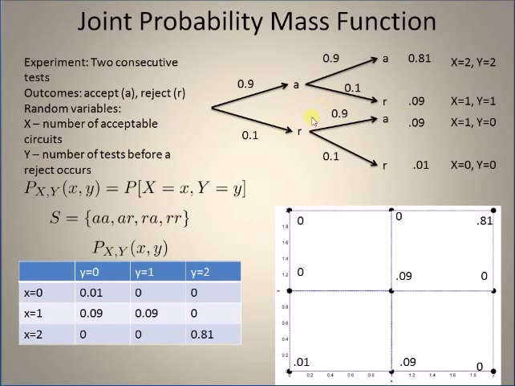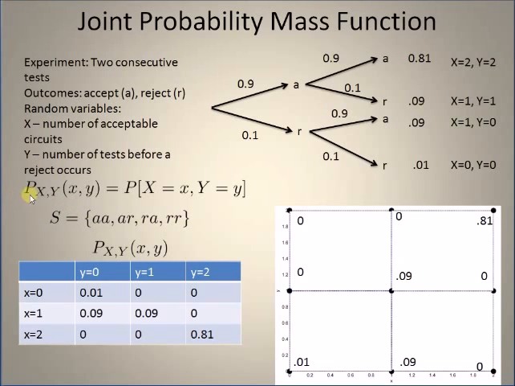So let us look at the tree diagram illustrating this experiment. In the first test, we have two possible outcomes, that is either accept or reject, and consider the probability of accept is 0.9 and the probability of reject will be obviously 1 minus 0.9, that is 0.1. In the second test, also we have two possible outcomes. Then the sample space consists of four possible outcomes. That is, we can have either accept and accept, accept and reject, reject and accept, reject and reject. So this is the sample space.